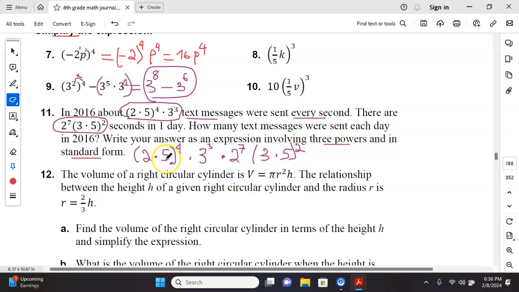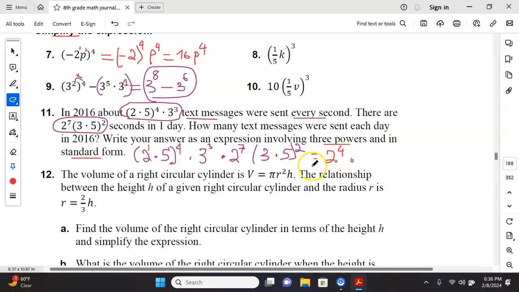But remember, I see there's a 5 right there and a 5 over here. So if I apply the rules, I definitely can simplify the expression a little bit better. I see there's a 3 here, a 2 to the 7, and a 2 in here. So let's put a 1 right there and a 1 right there. This right here is the power of a product rule, rule number 3. So 2 to the 1st raised to the 4th